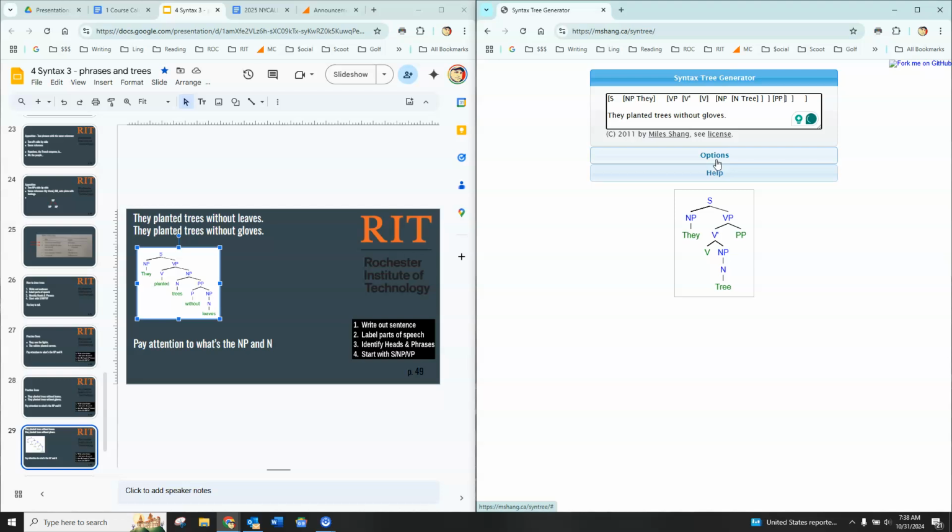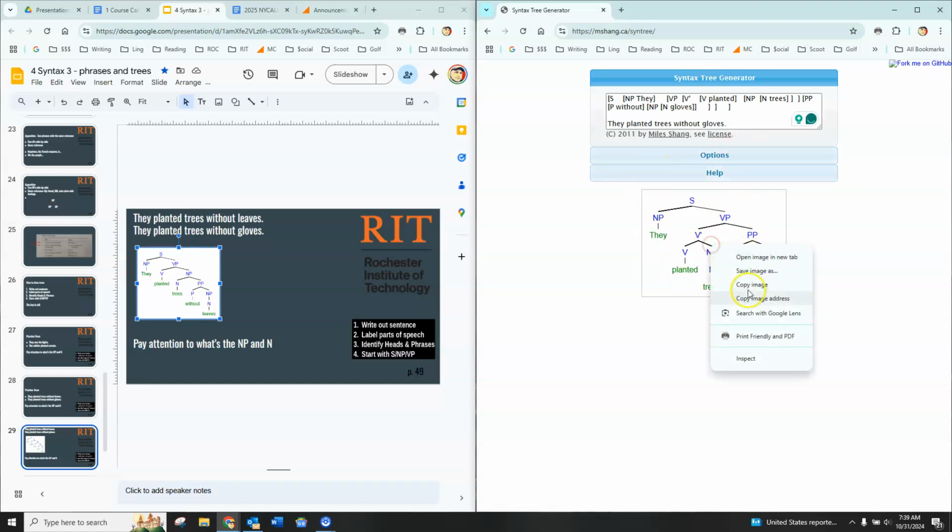And then the prepositional phrase is always going to be the same in the sense that it's P, P, P, and P. So there's P, P, P, and P. All right, so they planted trees without, and then the noun, gloves. So when we look at this tree, and I'll copy it and put it over here too,